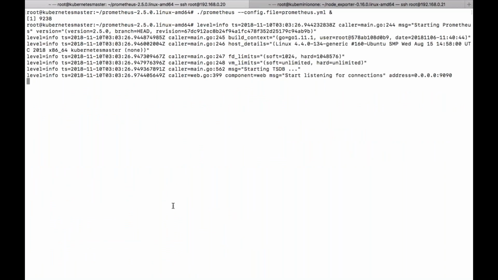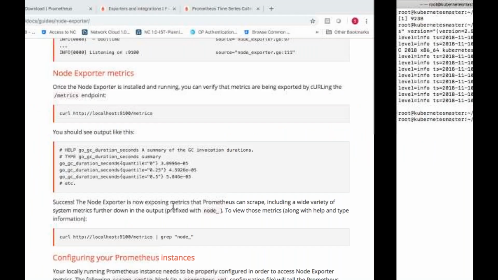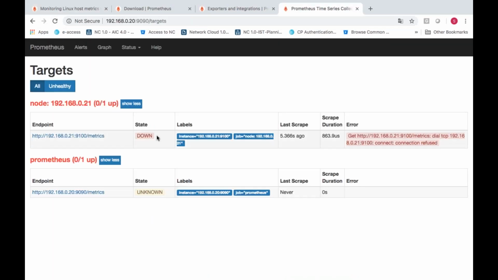Now I need to rerun the job so it will update with the new configurations. Let's go back to the dashboard. If I refresh, you can see the second node has been added, but it is showing some downtime. Connection error: TCP connection refused. Let's see.